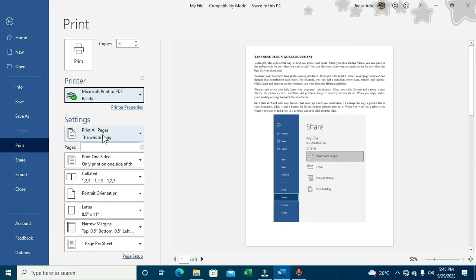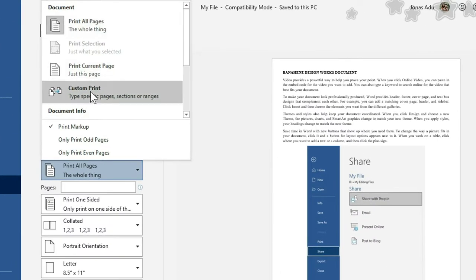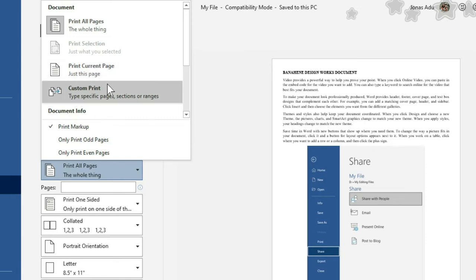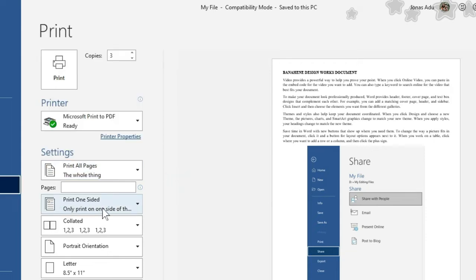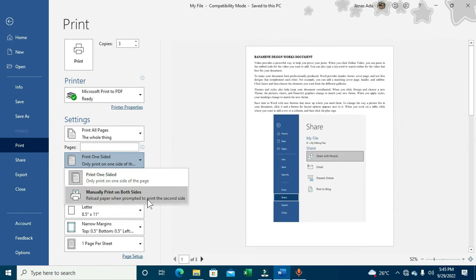You can choose the number of pages that you want to print out, that is to make a custom print. You can also choose to print all pages, and if you want to print a particular page, you can also choose this current page to print your Word document. We have this option that is to print one-sided. You can choose to print on both sides, that is to reload the paper when prompted to print the second